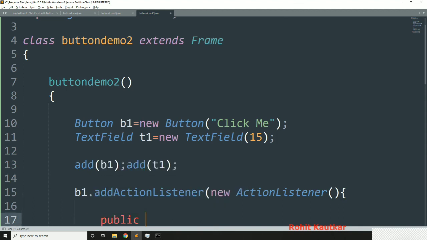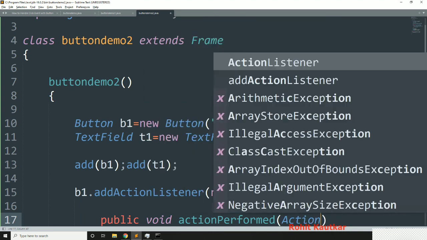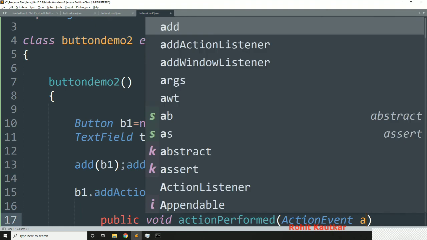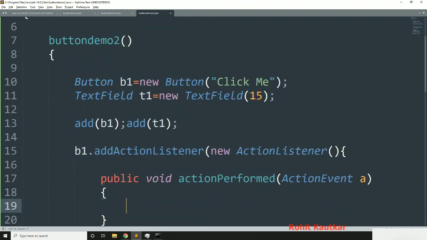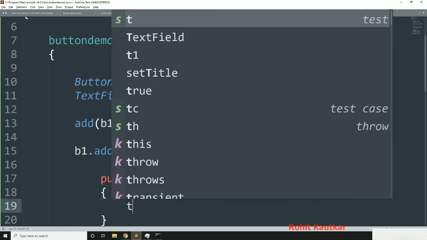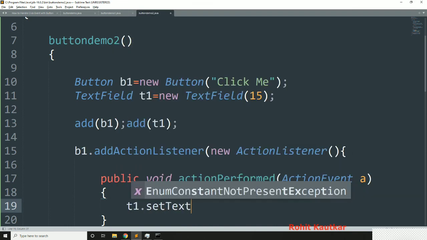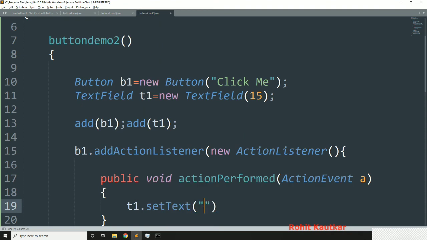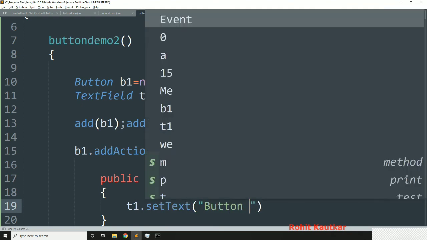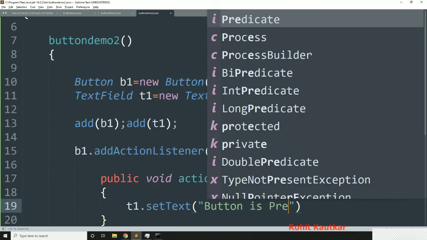So I will write public void actionPerformed, and it requires the object of the ActionEvent class, so I will write ActionEvent, let's say A. Within this method I will simply write t1.setText, and here I will write "button is pressed".